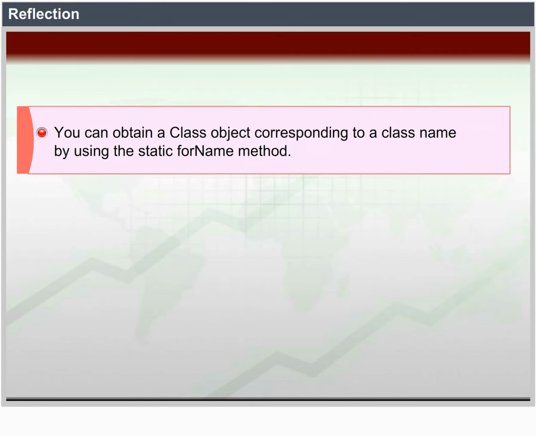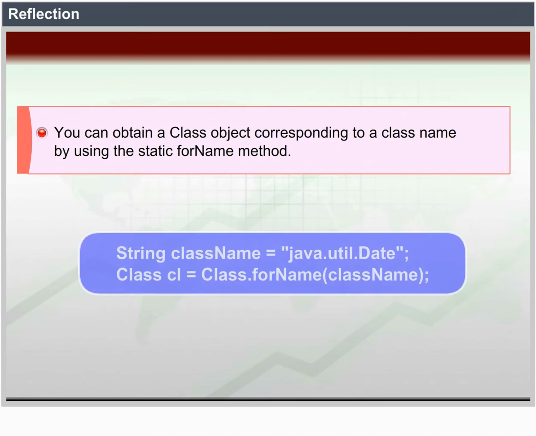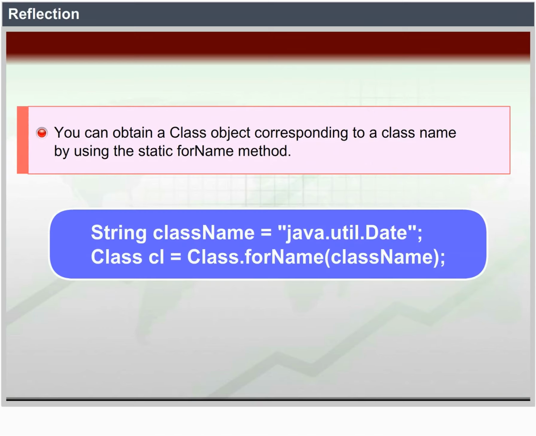You can obtain a Class object corresponding to a class name by using the static forName method. String className = "java.util.Date"; Class cl = Class.forName(className);